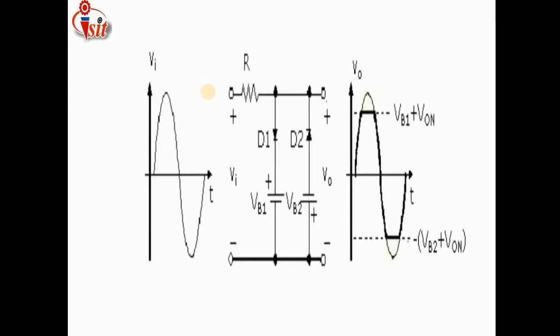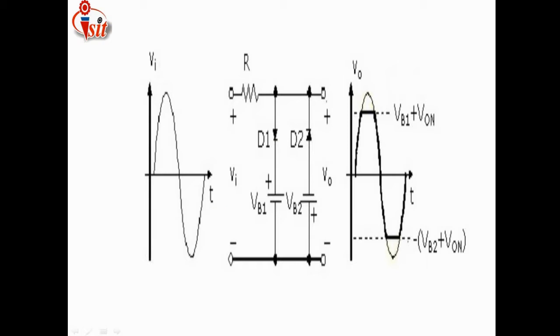Just see here, diode D1 is in the reverse bias direction and D2 is in the forward bias direction. The diode which is reverse biased has a battery connected with its positive terminal, and the diode in the forward direction has a battery connected with its negative terminal. These two branches are connected in parallel with each other along with one series resistance. The input signal is applied across both the positive and negative terminals of that circuit, and the output is observed from this side.